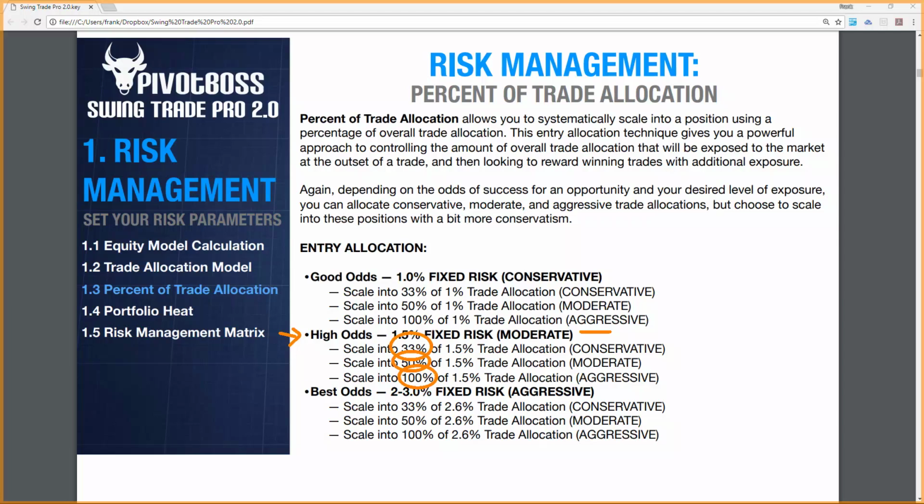And lastly, again, with the best odds trades, you can go more aggressively and then scale in a third, scale in a half, or scale in the entire trade allocation amount right at the entry. So again, being able to flow in and out of those, very, very important. I would say that